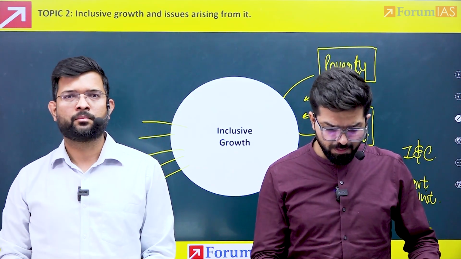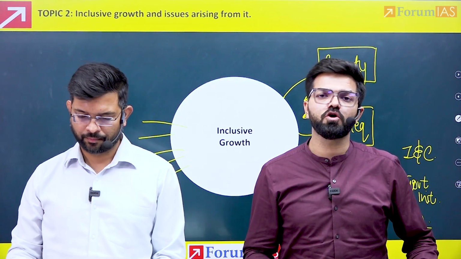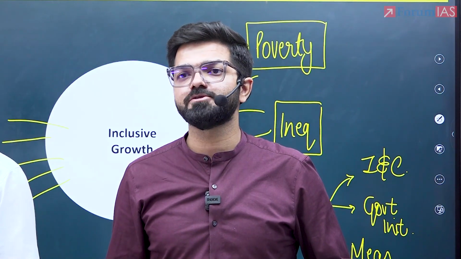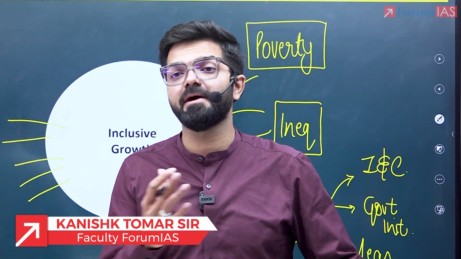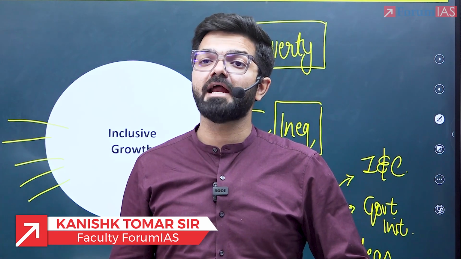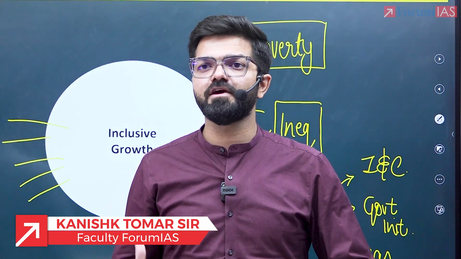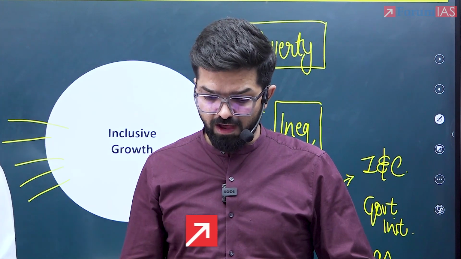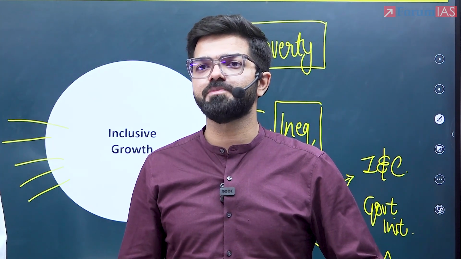All this you should be prepared for, and we can always quote that for inclusive growth, we have to start with Atmanirbhar Bharat. You can talk about the aspirational district program, aspirational block program. You can also quote international practices or a comparison between the development strategy of China and India. You can always quote Scandinavian countries when we are talking about inclusive growth, because there the welfare policies and equity policies are strong. It can be a learning experience for us.